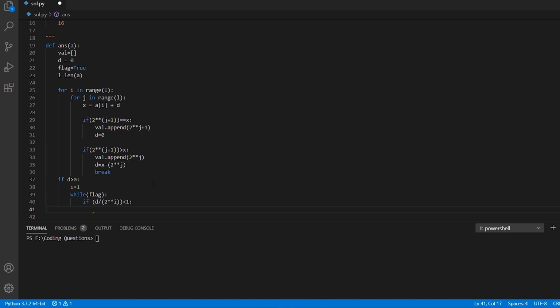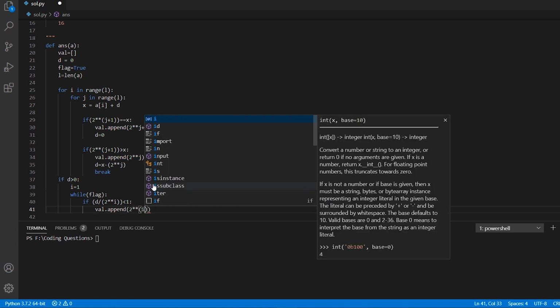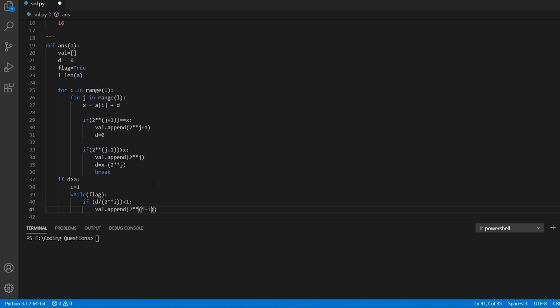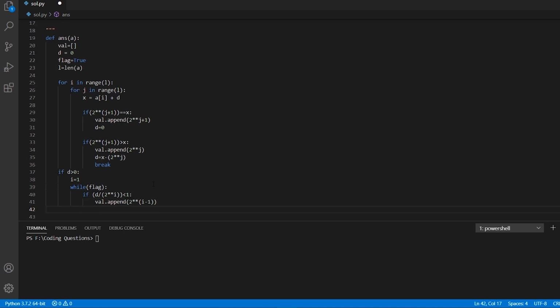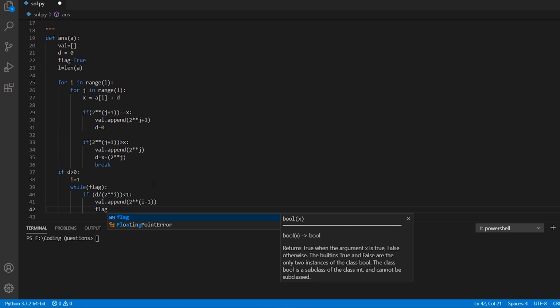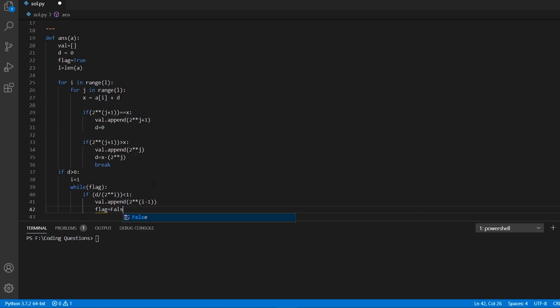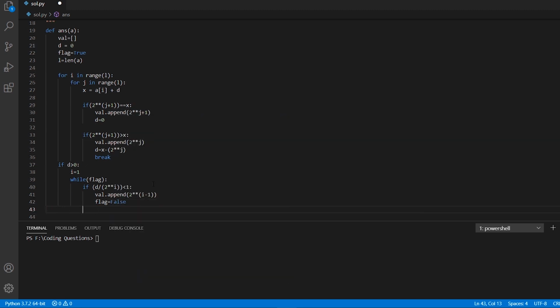If that is the case, then we are going to append the value 2 to the power i minus 1 inside of our list, and I will explain what we are trying to do. Once we do that, we are going to set the flag variable to false, and as we discussed in our previous videos, we need to deal with the while loop in a proper manner.